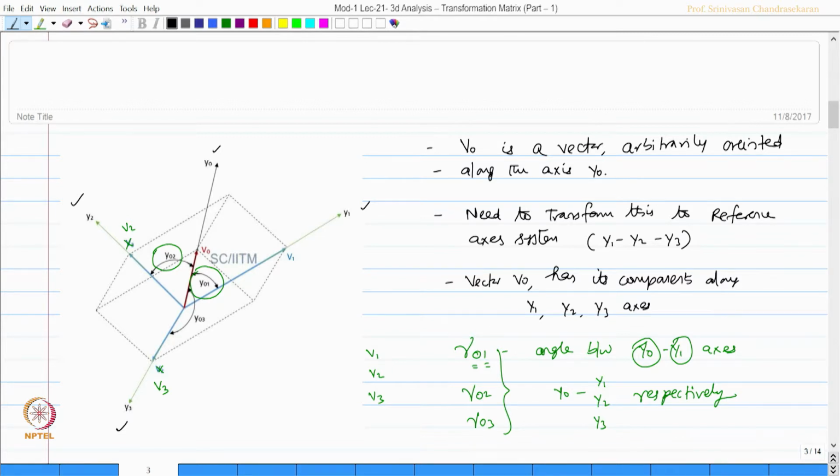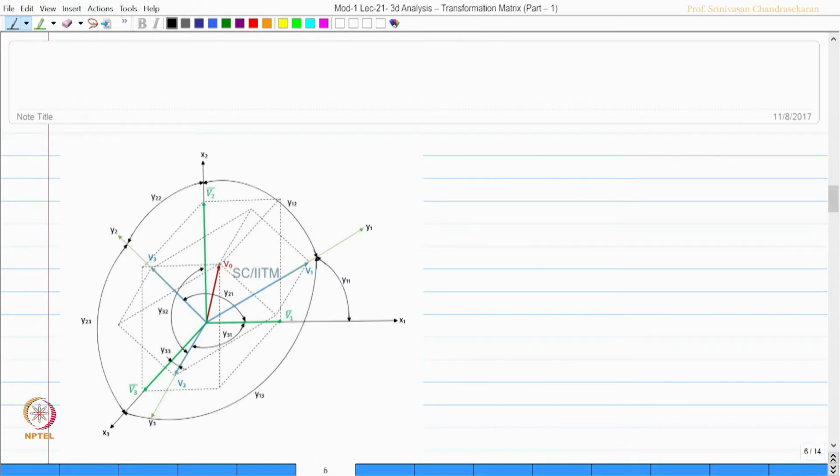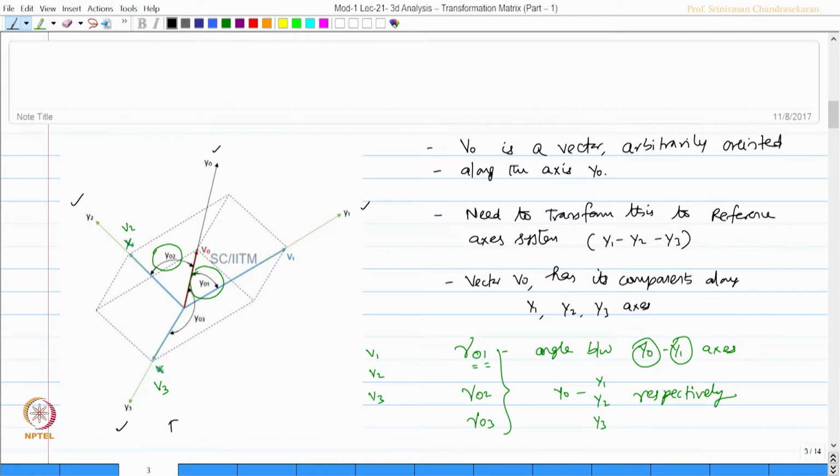Okay. Now, we have resolved the vector V 0 along y 1, y 2, y 3, which are some set of coordinate axes. Let us now resolve, or transform, this to a standard reference axis system, which is x y z. So, let us now draw a figure where the standard reference axes, let x 1, x 2 and x 3 be the reference axes, as shown in the figure. So, let us name the figures. This will be figure 1, which has